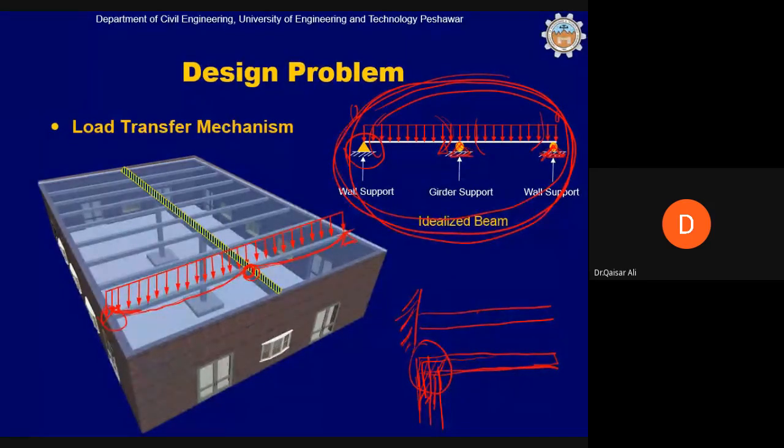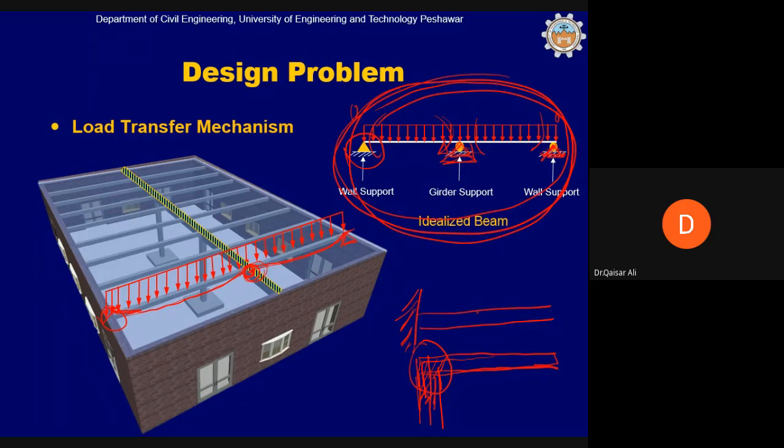Okay, and there will be slight rotation also at this location where the beam is supported on girders. But if we assign a hinge support to this location, you know that the hinge support cannot move. Okay, the roller can move a little bit. It will be possible for the roller to move horizontally. So practically there will be slight horizontal movement at this support,